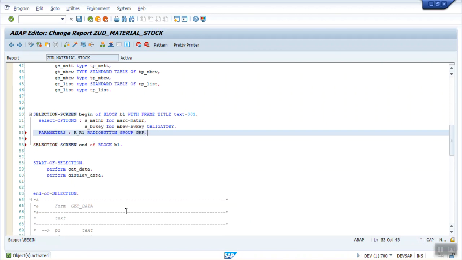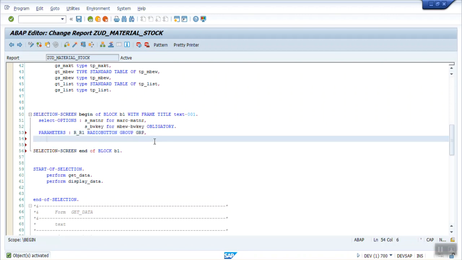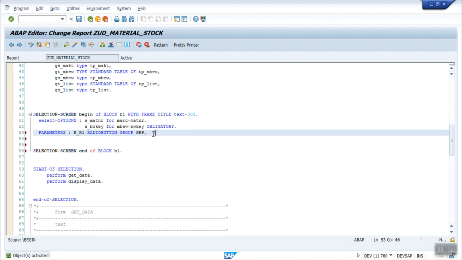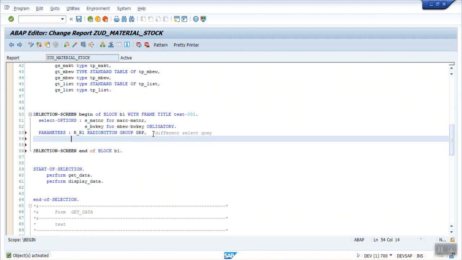I'm giving here grp. This is for, let's say, different select query, and r_r2, again same radio button group, and with a full stop, and write join.